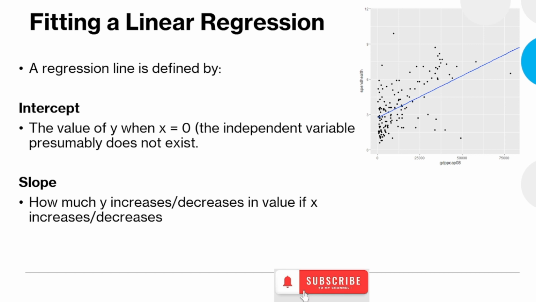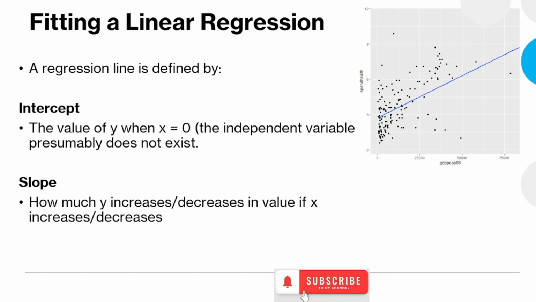And then the last thing we did was add a trend line, or a regression line, to our scatter plot. A linear regression line has two characteristics. The first one is the intercept. The intercept is the value of y when x is 0, or the value of the outcome or dependent variable,